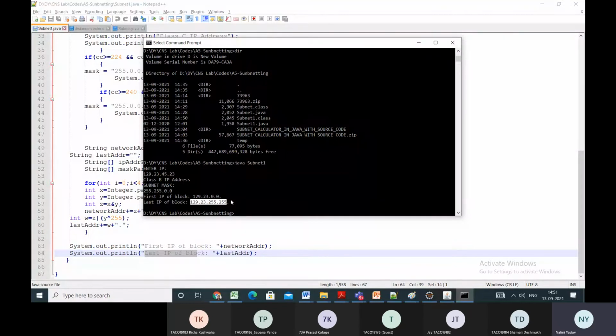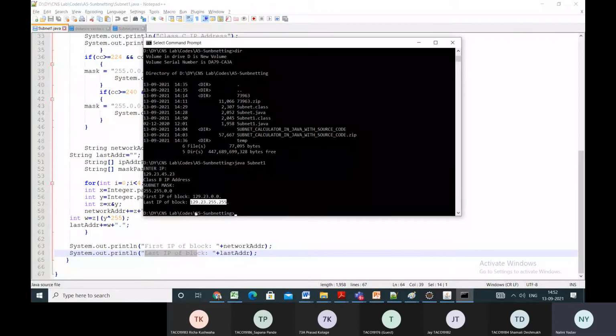So I will be putting all ones over there. So my last IP address, that is my broadcast IP address, is 129.23.255.255. This is the program mainly for finding the class of IP address, the subnet mask of the IP address, and then finding the first IP address which belongs to the network. And this first IP address of the block is also known as the network address, right? So over here, this particular network will be having the address as